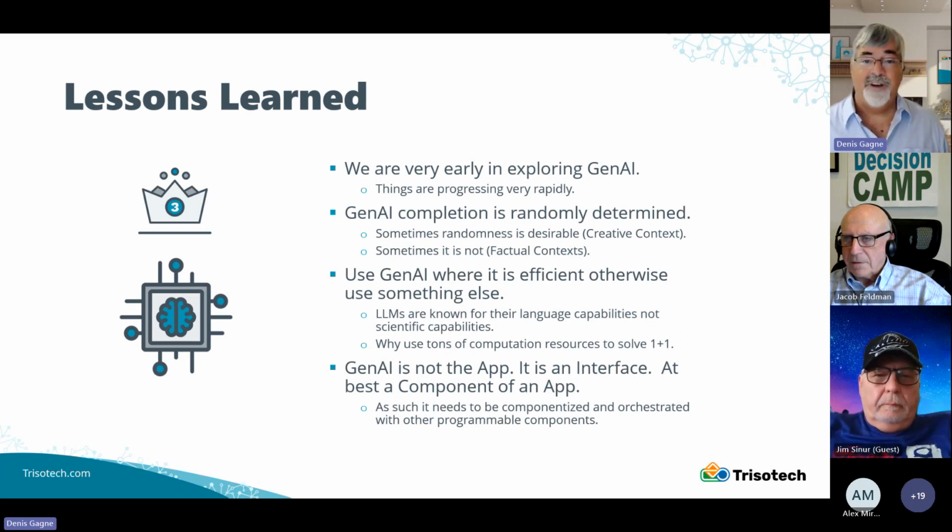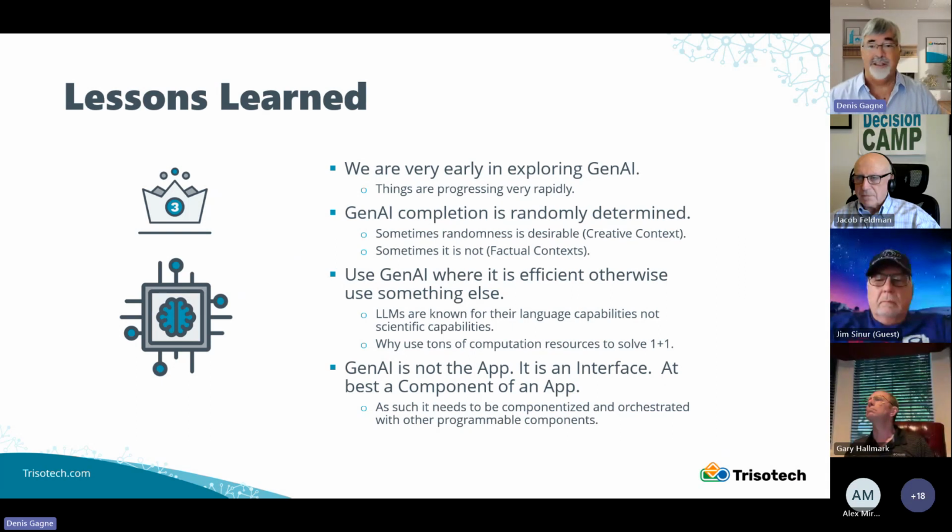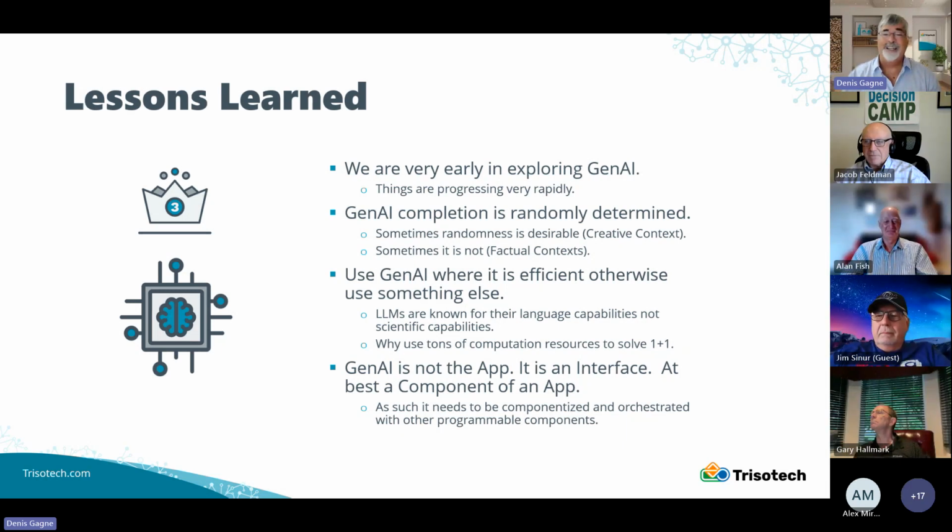Use Gen AI where it's effective. It's great at generating language in particular, and it's becoming great at generating multimodal elements. But I see so many people debating on LinkedIn and everywhere, saying you just ask it 1 + 1 and it doesn't get it right. Who cares? That's not what it's for. We know how to do 1 + 1 in the chip in memory so fast. Why would I go do 1 billion node computations to compute 1 + 1? Let's stay with what it's good for.